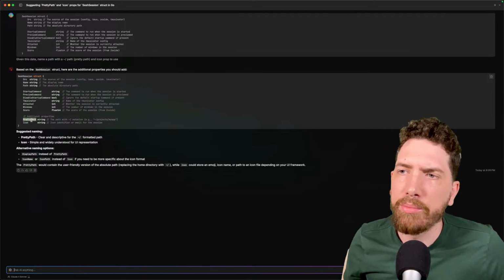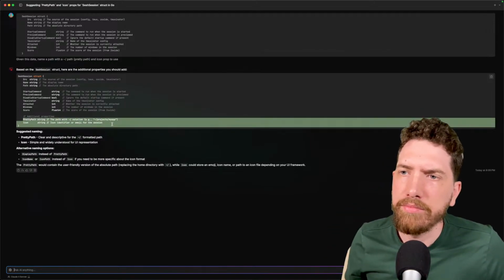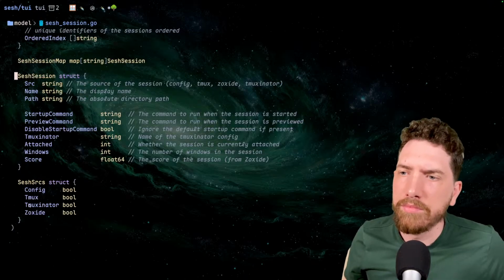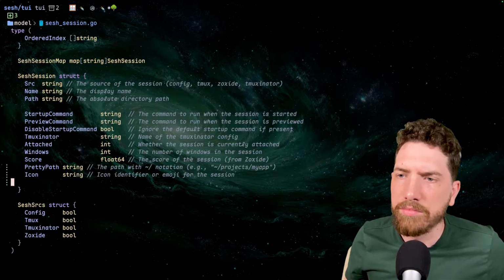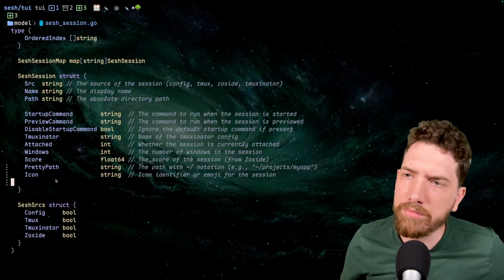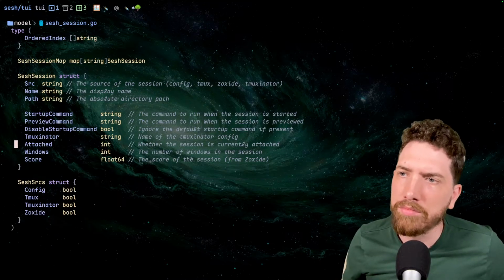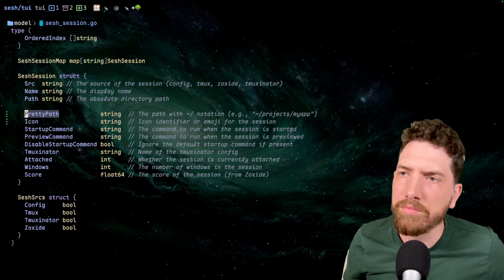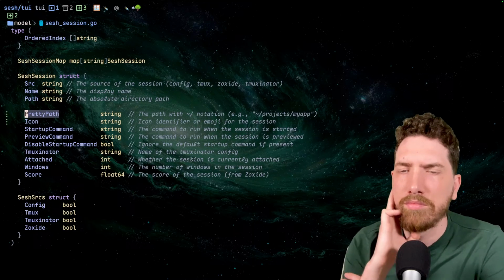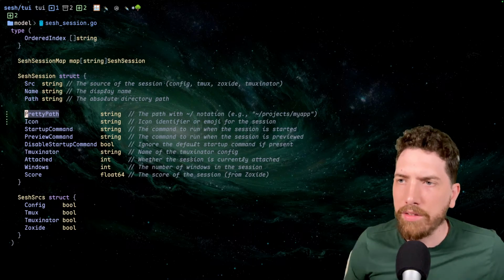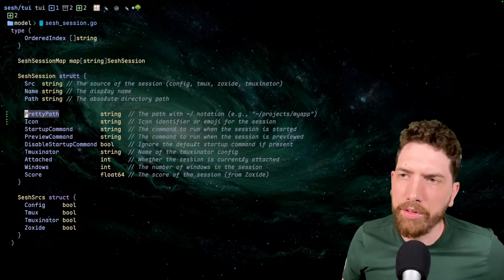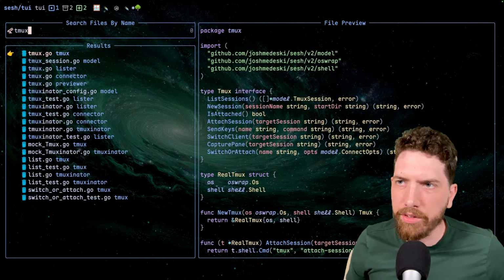Icon also should be fine. Let's just start there. So in my like tmux lister,